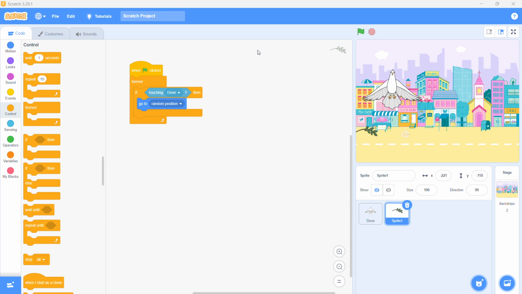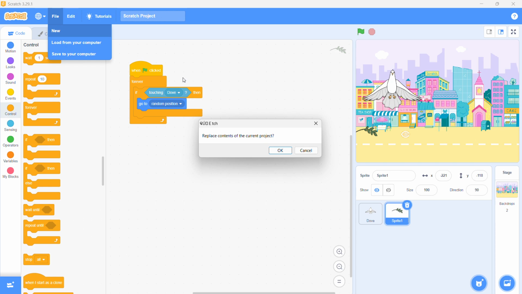So today I'm going to be teaching you how to create a mouse pointer game, a game that has to do with following the mouse pointer. So first things first, we go to file, then new,